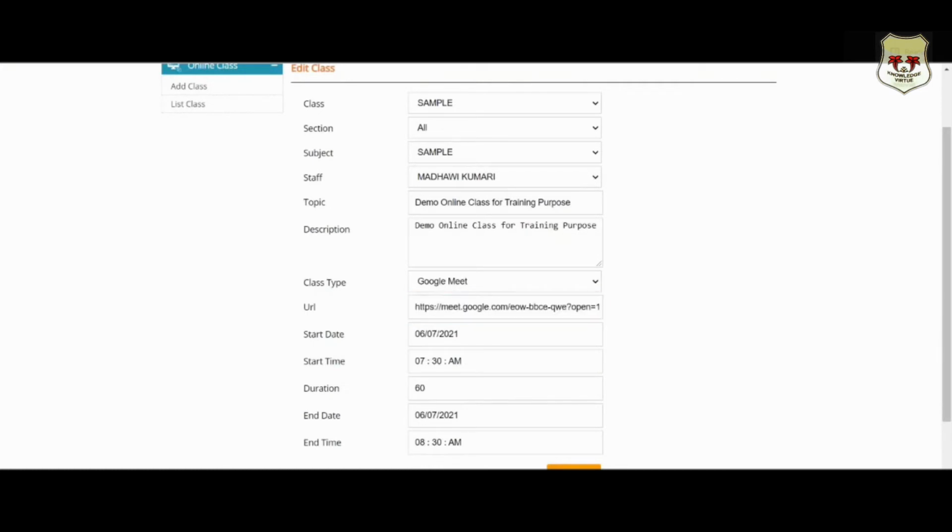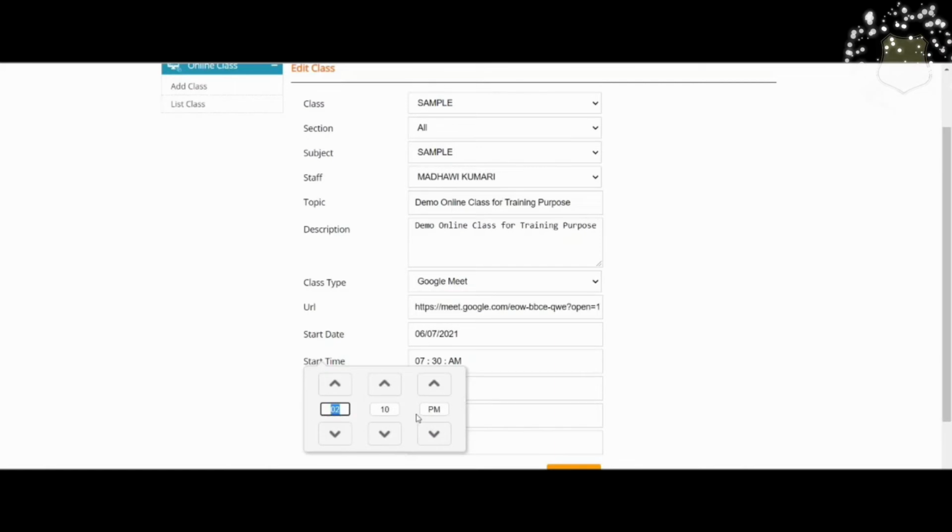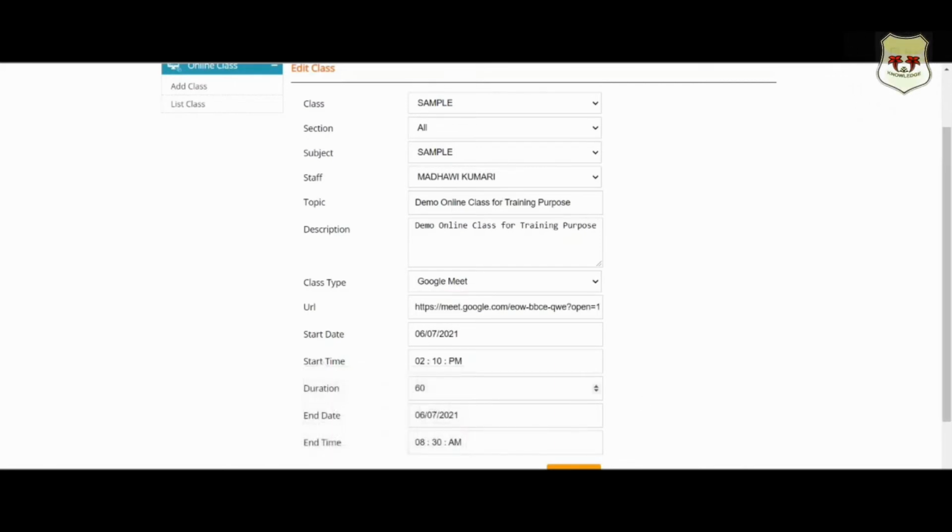So you can edit this schedule for the next day also if you have the same class 9 to 10 or 7:30 to 8:30 daily. With the same link, you can just change the date and time and submit it. Same meeting will be arranged for that respective date. So you have 5 classes regularly, same time. With the same URL, you can do all 5 days online class accordingly.